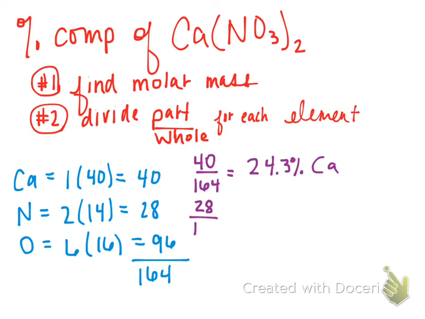So I take 28 divided by 164, and I get 17.1% nitrogen. The same thing goes for oxygen. I don't just have 1 oxygen atom, so I can't take 16 divided by 164. I have 6 oxygen atoms, so I take 96 divided by 164, and I get